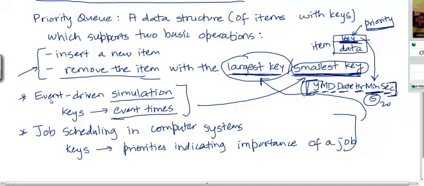So is the first part of your question clear? Why an event-driven simulation needs to remove the item with the smallest key? So